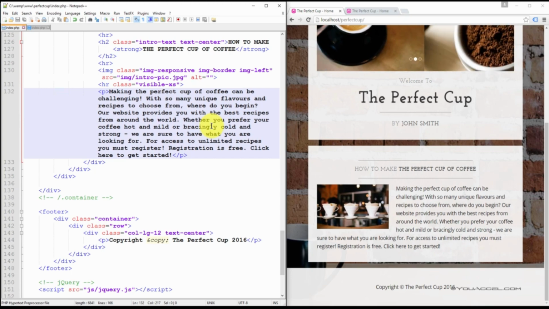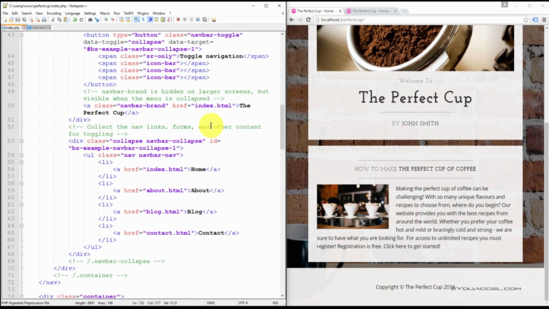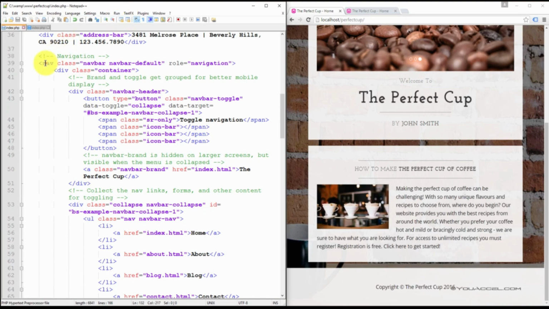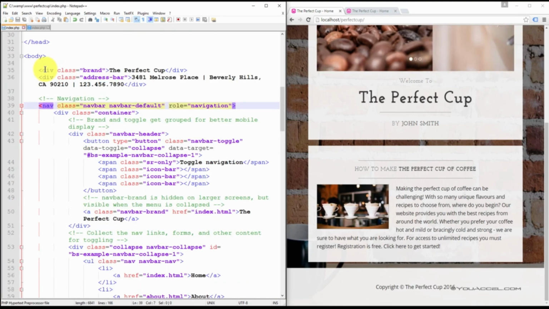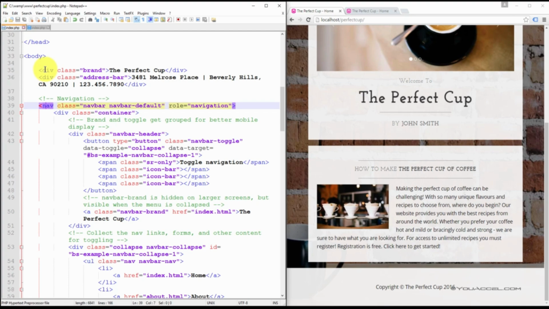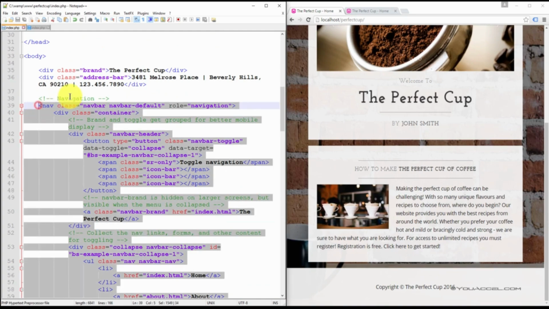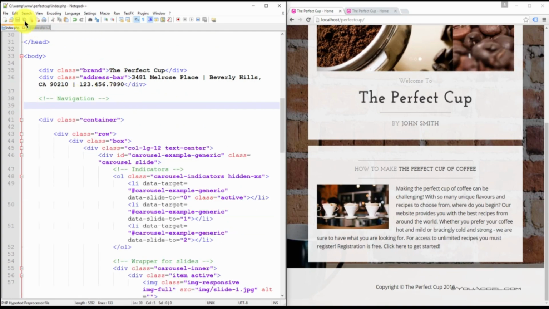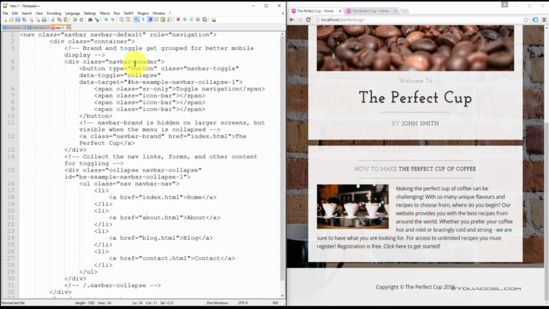And the last thing we'll do is we'll scroll up to line 39. And line 39 to 72 is the navigation code block. We need to cut out this code. And we're going to paste it in a new file. So just go to File, New, paste this over here,